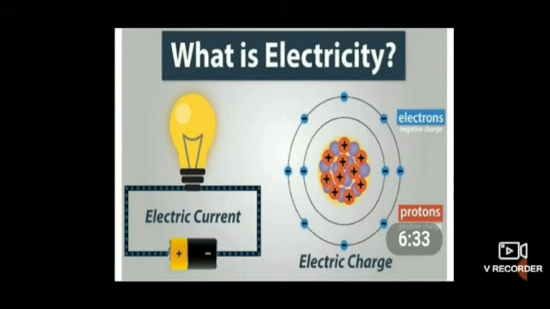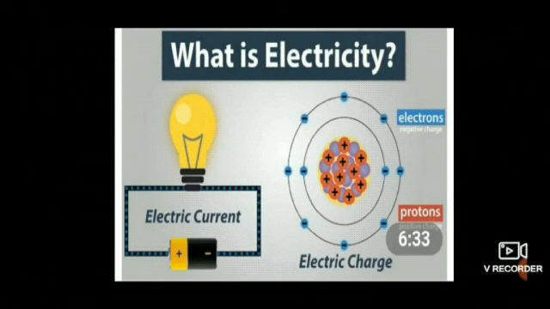Now electric charges. Again we will see the same thing. All matter in the universe is made up of small particles known as atoms. Atoms are further composed of particles called electrons, protons and neutrons. The protons are positively charged, electrons are negatively charged and neutrons are neutral. They don't carry any kind of charge, neither positive nor negative. Therefore, protons and electrons basically constitute the electric charge.